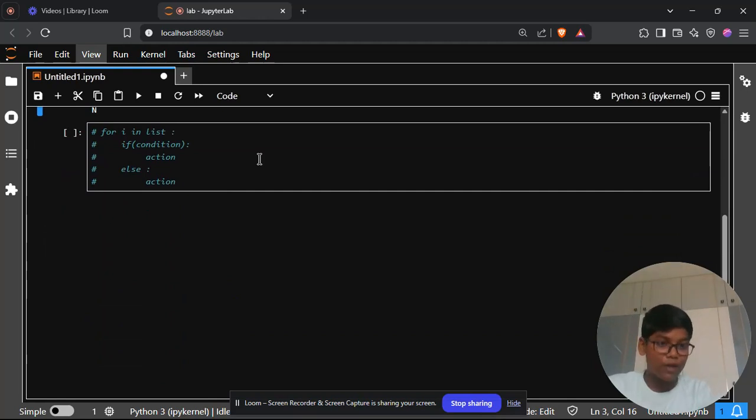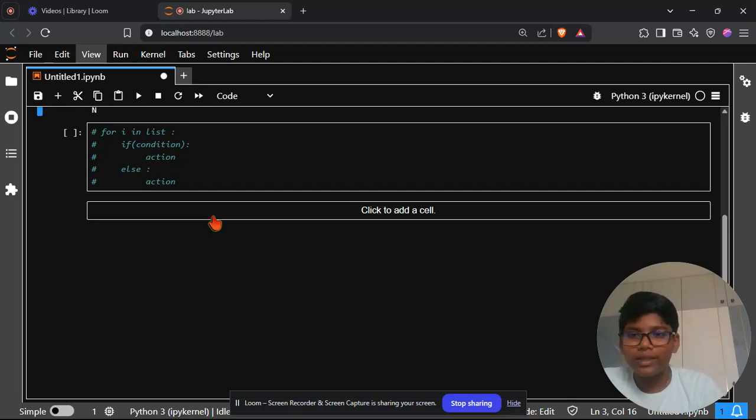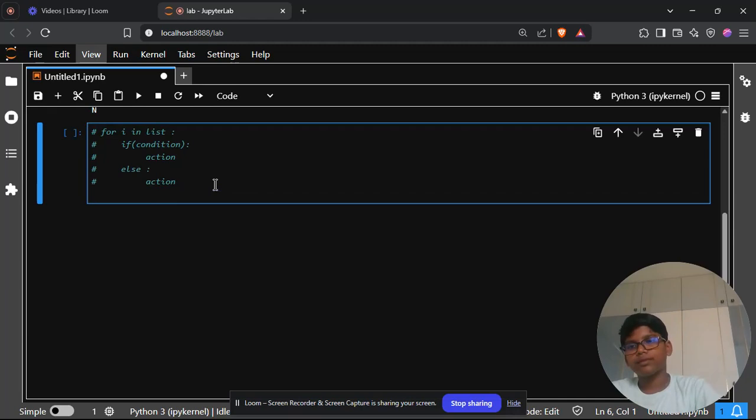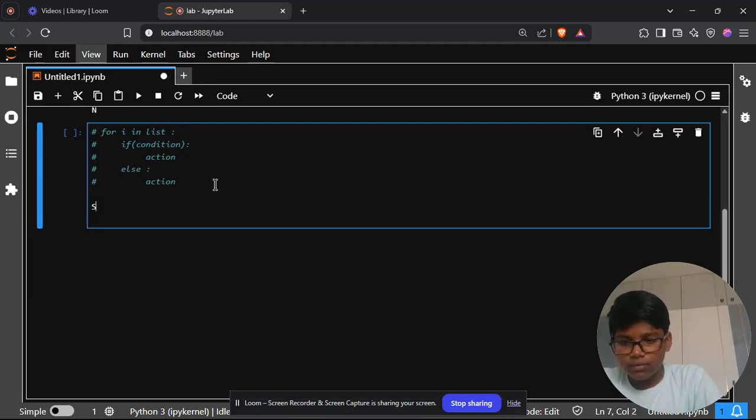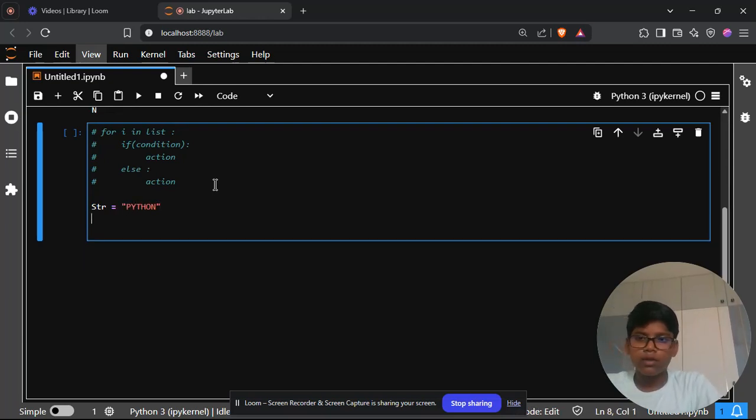Next, we can implement if and else, which are the conditional statements we have learned about in our previous videos, in a for loop as well. Now let's see how. Take note of the syntax. It is very important. Let's take the same string, Python. Now for character in str,